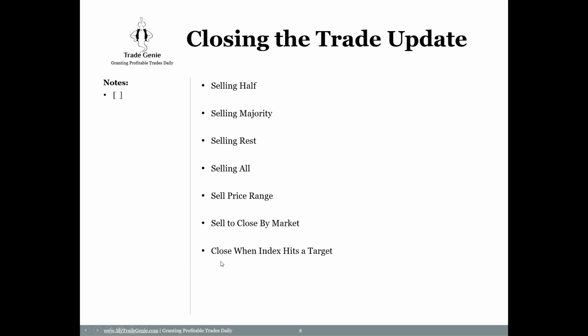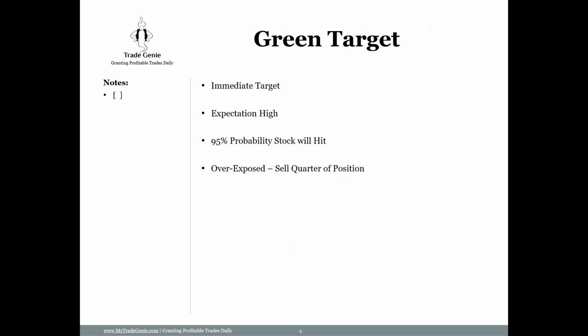You can set a conditional order based on this: close when the index hits the target. So you have a conditional order, close all my positions when the Nasdaq hits 10,000. This is another kind, but I don't send it often. So these are the variety of sell orders sent out. If you have SMS with me, I make sure you get the buy instructions and the sell instructions by SMS. Those two are important. You're getting all of those in SMS and other channels also, but those two are for sure.